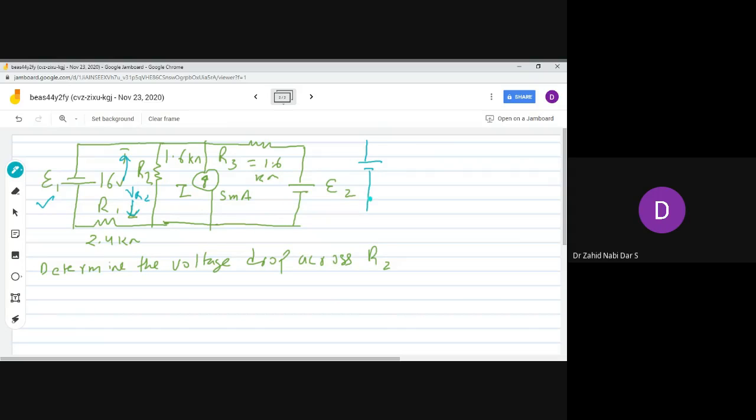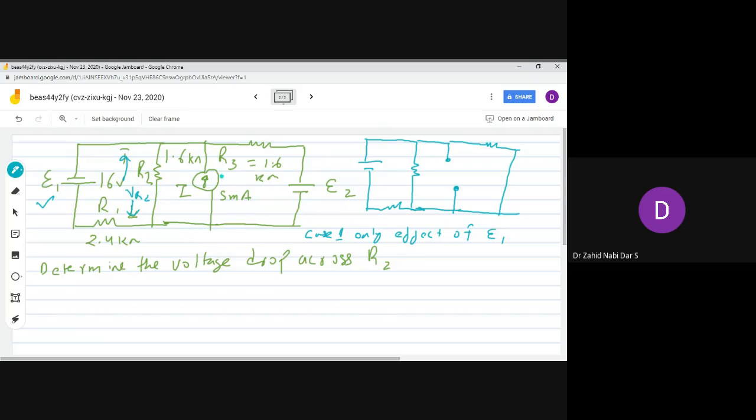When we are considering the first case, E1 will be there 16 volt. Okay, then R2 as it is, it would be there. Okay, this 2.4, it would be there. What happens to I1? So it is open circuited. So the circuit here is open because we are only considering the effect of only E1. Similarly R3 would be as it is. Okay, R3, and what happens to E2? It would be short circuited. So this would be short circuited. So this is considering case 1, only effect of